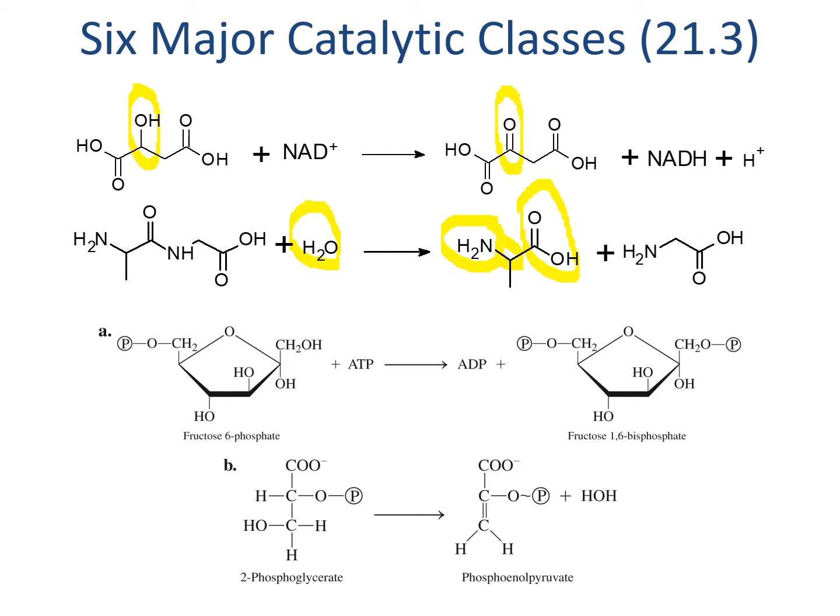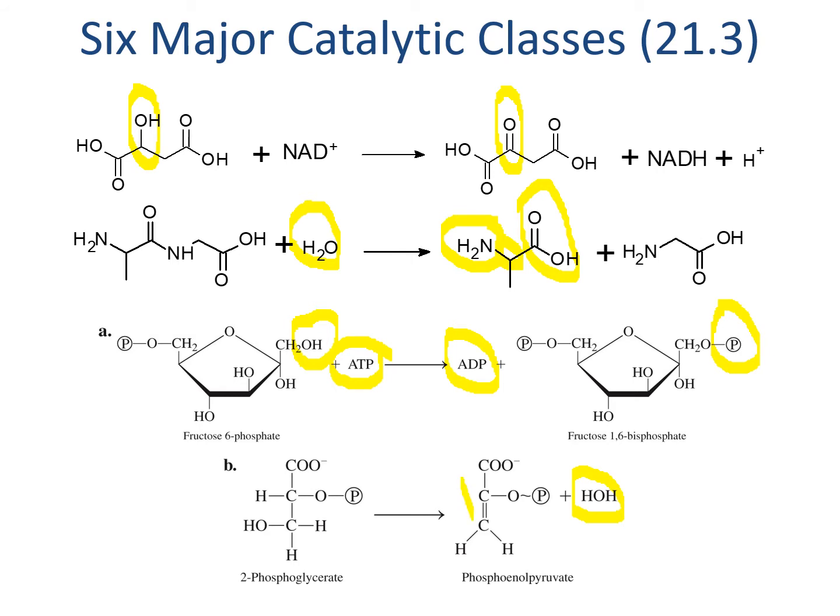The next reaction has a fructose 6-phosphate, which becomes a fructose 1,6-bisphosphate. So we're moving a phosphate onto the molecule. You can see on the fructose 6-phosphate, this alcohol is free, and on the fructose 1,6-bisphosphate, we've now hooked a phosphate onto that alcohol position. That phosphate came from ATP. That doesn't mean that we're spending the ATP just to join the molecules together. We're actually moving the phosphate onto the molecule, which is why this is classified as a transferase as opposed to a ligase. The final molecule is going to eliminate water